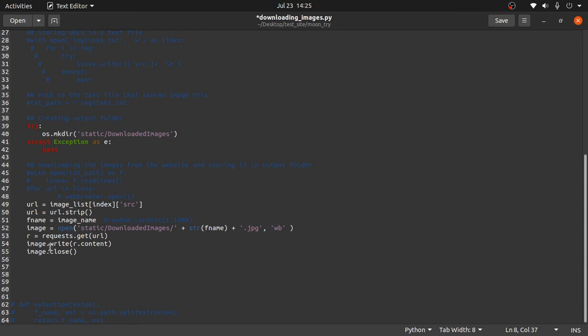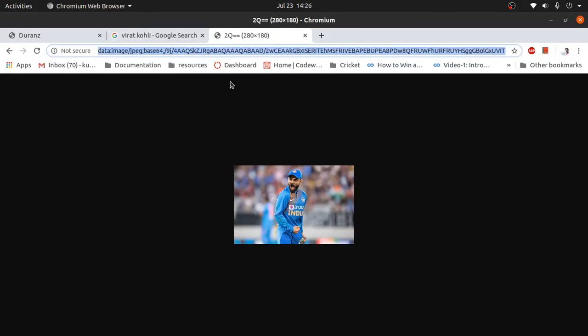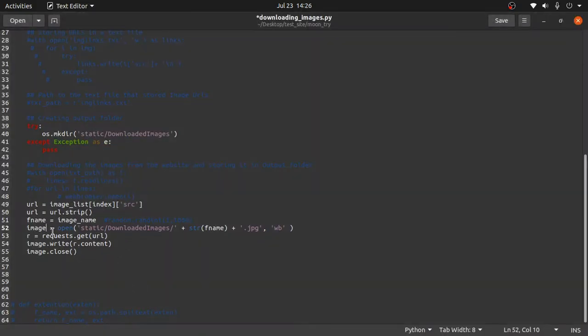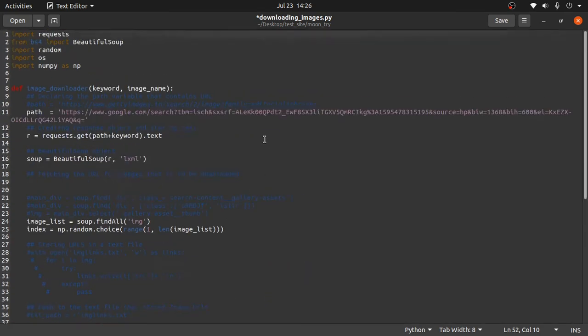We are opening this URL here, and we want to write the content of this URL to the image file that we opened in binary mode. Then we close this image.